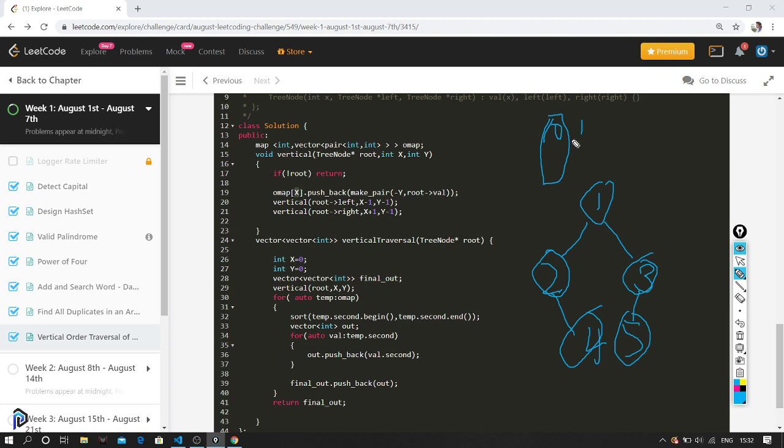Okay, right now map 0. So we have map 0, 1, 2 similarly, and minus 1 also. Initially for the value 0, we'll have 1. And what happens is, from 1, after inserting this, we check: go to the right, go to the left. While going to the left, the x value becomes minus 1 and the y value also becomes minus 1. So it passes over here. It would make a pair. The pair will take minus of minus 1, which becomes 1. The x value will be minus 1.